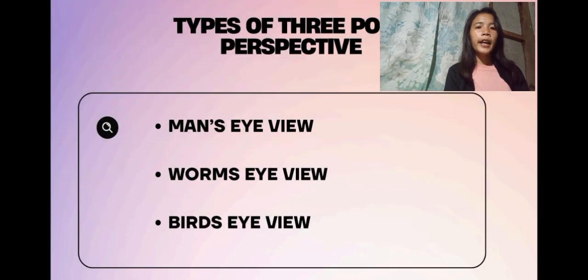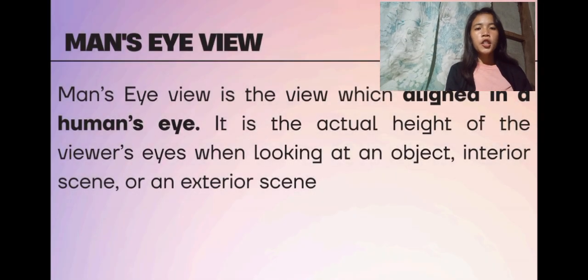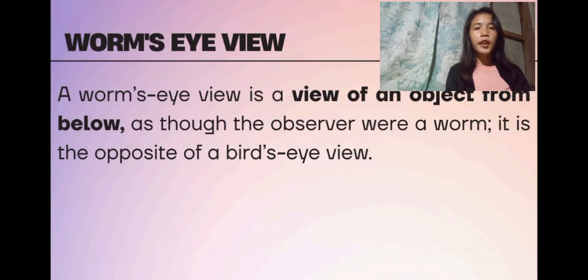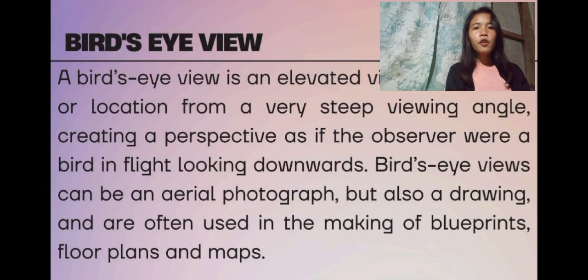So lastly, before I end, let me explain the three important views used in perspective: the man's eye view, bird's eye view, and worm's eye view. So let's begin with man's eye view. So man's eye view shows the scene from the height of an average human eye. Then we also have the worm's eye view that shows object from below as if you are a worm looking up. And also the bird's eye view shows the scene from above as if you are a bird looking down